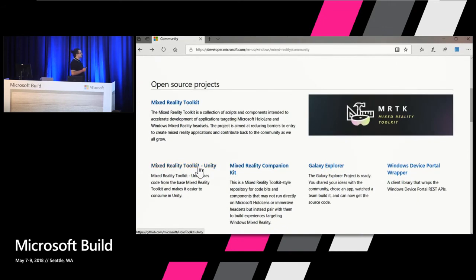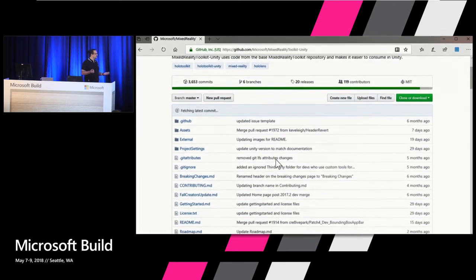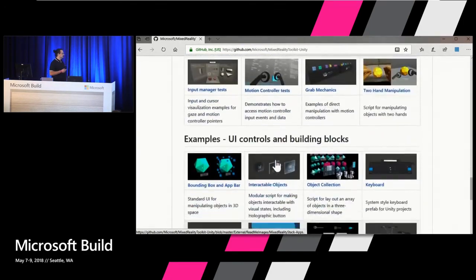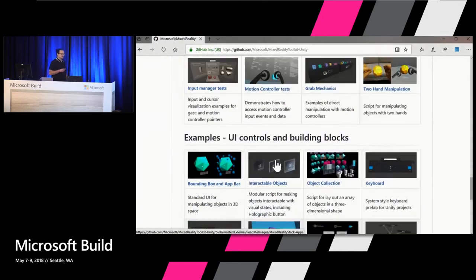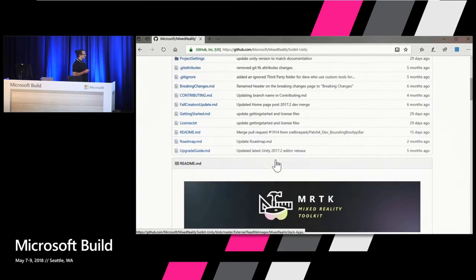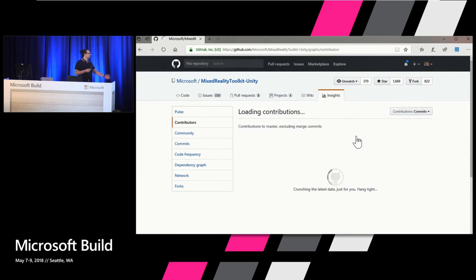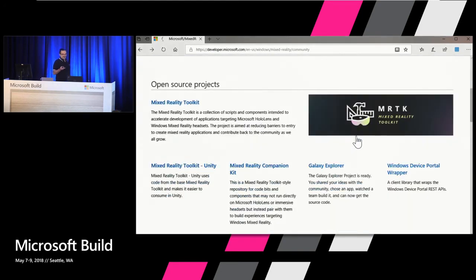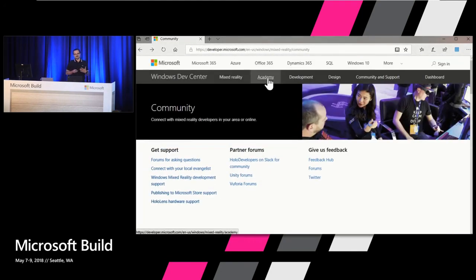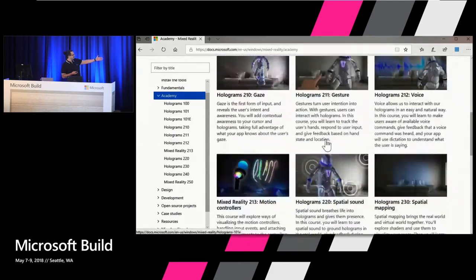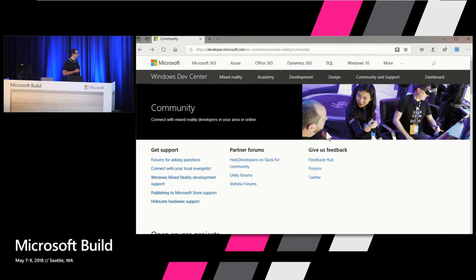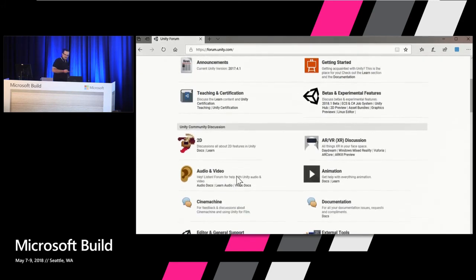And we have the Mixed Reality Unity Toolkit, which is an open source project that provides you scripts, samples, shaders, and all of that to get going much faster. It's mainly driven by Microsoft, but they also take community contributions. And in fact, one of my team members, Stephen Hodgson, is one of the main contributors here. So shout out to him. Also, Unity has their own forums. Unity also has Academy. You can use the Holographic Academy and look into some of those tutorials. And yeah, Unity forums, if you're really getting started with Unity, it's also a good resource.